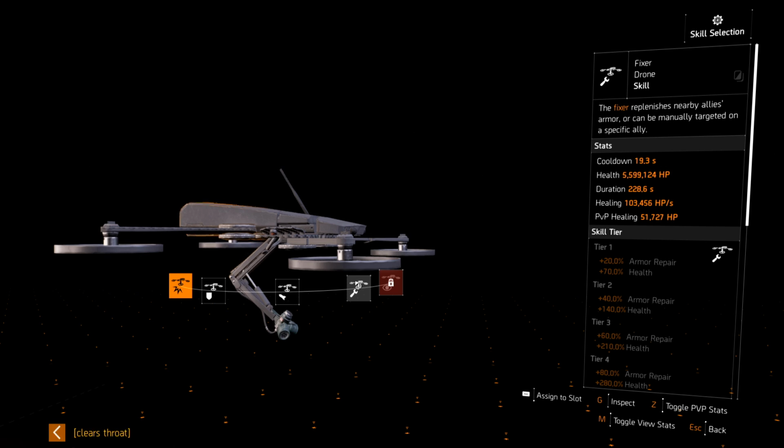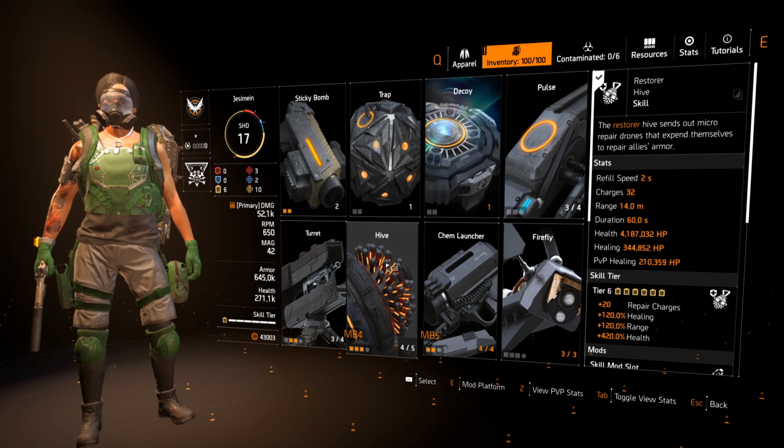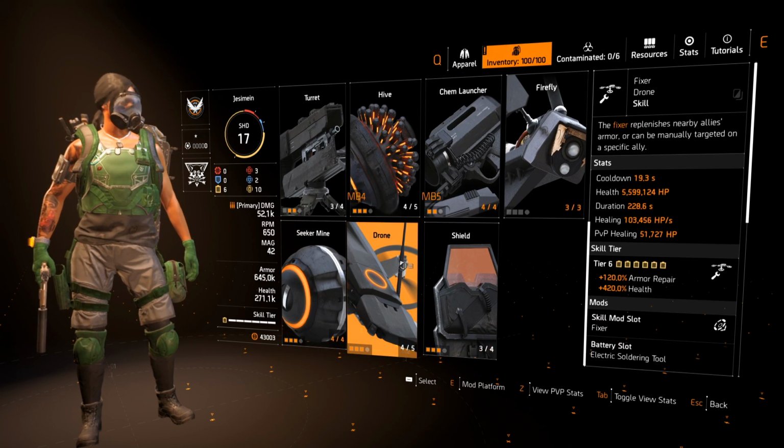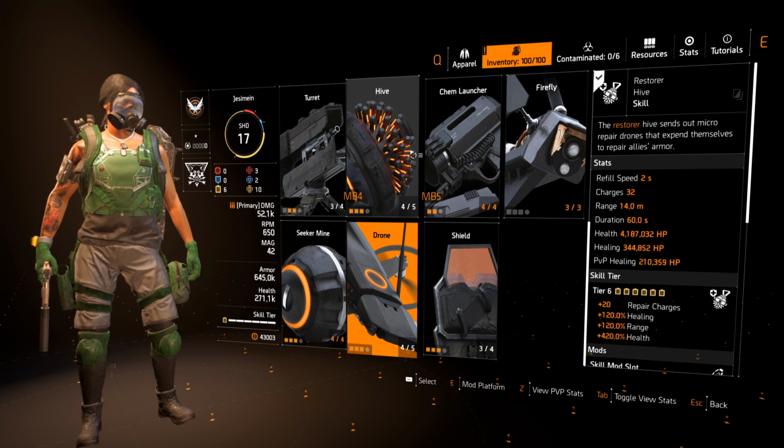And in the meta that we're running, I think the fastest burst heals around are going to be the chem launcher and the hive, just for added support when you're not looking at a teammate, because teammates spread around, everybody's running all over the place. Unless you have a super coordinated team who just operate as a unit and only run right next to each other, you're going to have a hard time trying to figure out how to heal everybody with a fixer drone. This is more selfish, and even in the solo situation, I would still recommend these two over the drone and the seeker, only because they give you so much more healing burst wise, and that's what you need,